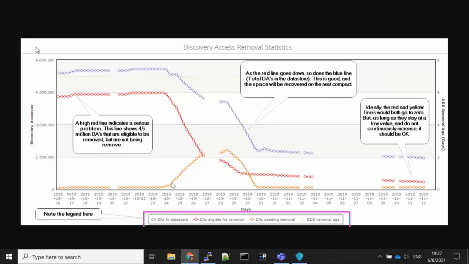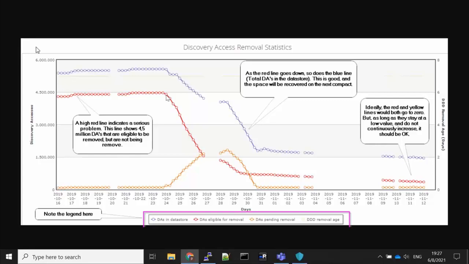This is what you see at this particular place in 2019 in October. That's normal. When Discovery starts deleting things, the number of things eligible for removal decreases and the DAs pending removal increase. So that's what I wanted to show you regarding the DDD removal statistics, and that's the end of the